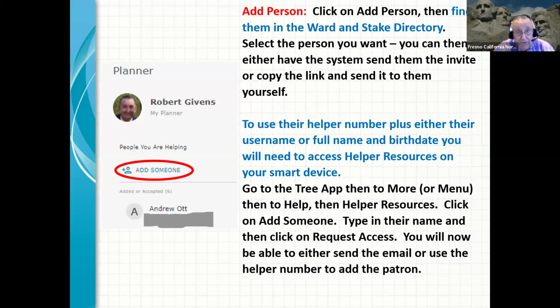Okay, so to use this tool, all you have to do is click Add Person. Now I'm using the web page view right now. And if you click on Add Someone, it's going to allow you to go either to your ward or stake directory and pull up a person through the directory and then send them the link that they click on, and then you're able to view their account. Notice it only works for your ward and stake. If they're outside that, you will be able to just get a link and then email it to the person,